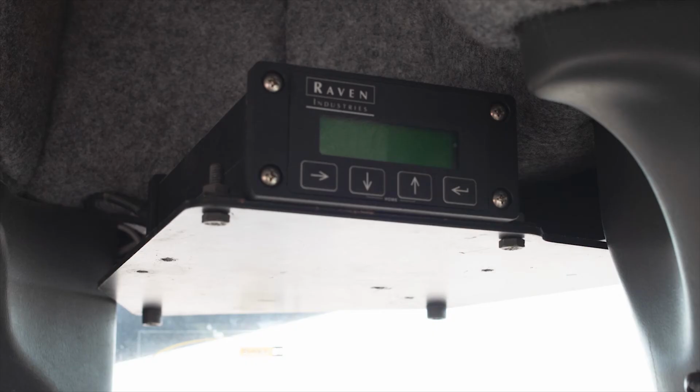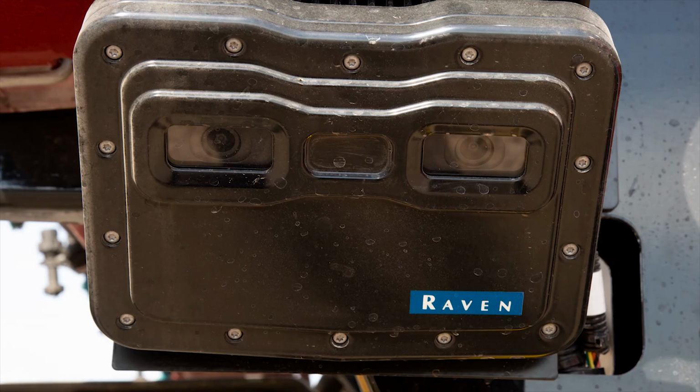And Raven also makes a camera system for vision guidance. So here we're looking at the Raven VSN camera. You can see that there are 2 different cameras incorporated with this guidance camera found on the Case 4440 sprayer that we took a look at in this scenario. They do operate 2 cameras here, an RGB camera, which is a camera that sees red, green, blue. And the secondary camera is similar to what you might find with NDVI, although it's not that exact camera, but it's designed to see some differences in the crop versus the ground to help steer the sprayer through the